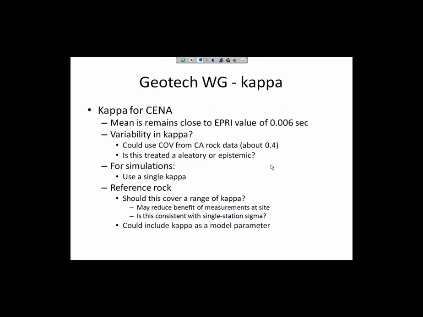Somewhat of a contrarian view to that, or opposite view. I may be wrong, but I think the deaggregations often show that magnitudes around 5 at 10 or 15 kilometers are really important. And also a lot of the nukes, they strip off that shallow stuff so that, in fact, some high frequencies are important, and Kappa could be actually, Kappa 0 could be an important factor.